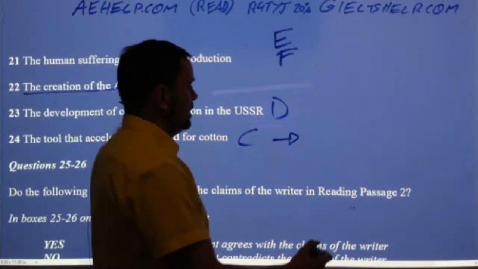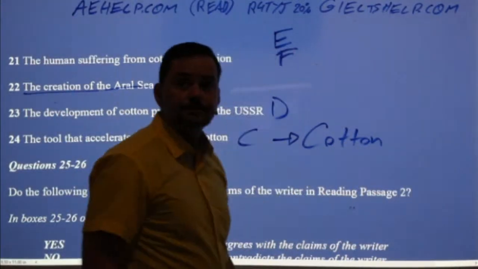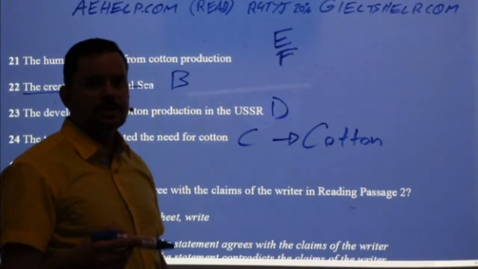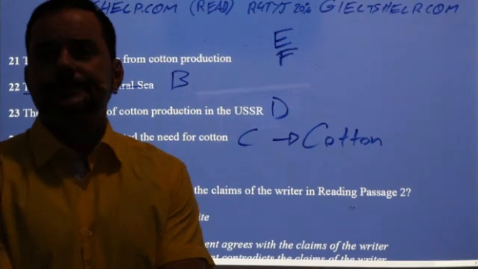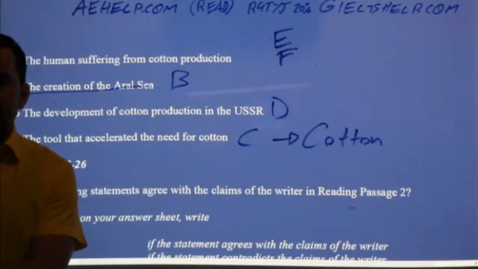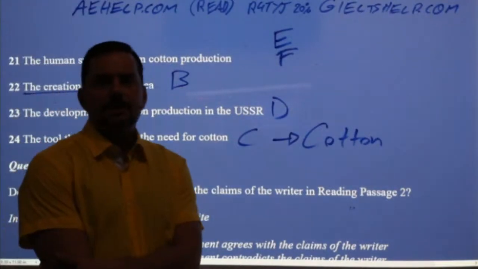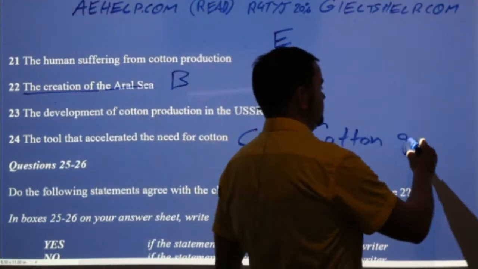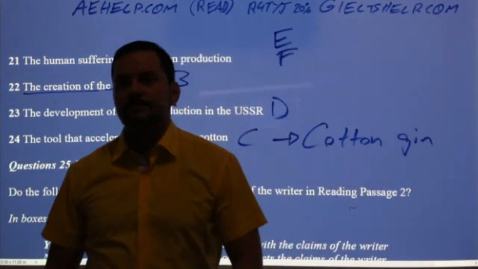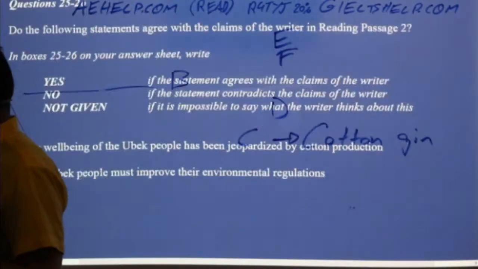It has a very easy to remember name. It's the same name as an alcoholic beverage out there. Anybody remember the name of that tool? It's quite a vivid kind of name. Yeah, very good, Beck John. Yeah, it was the cotton gin. Very good. Cotton gin. Good for you. All right, students, now you have 2 more questions here.